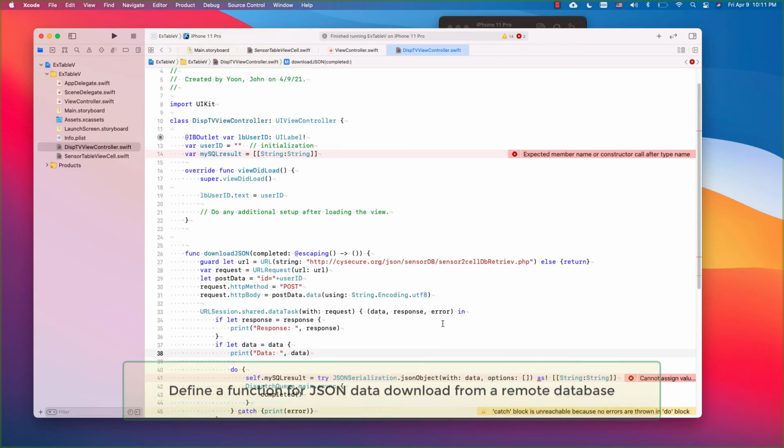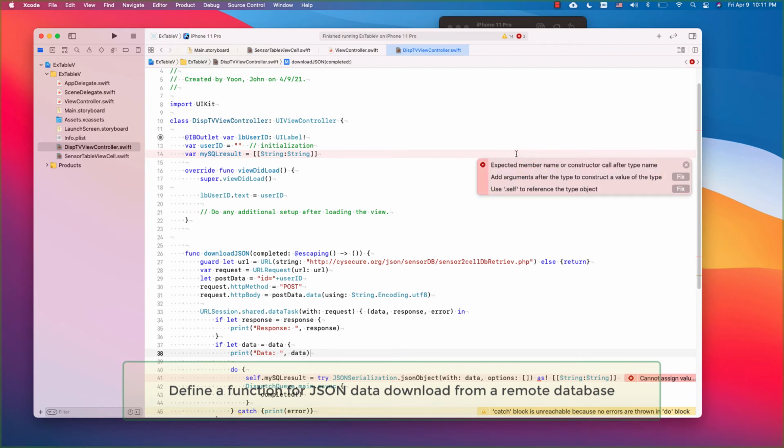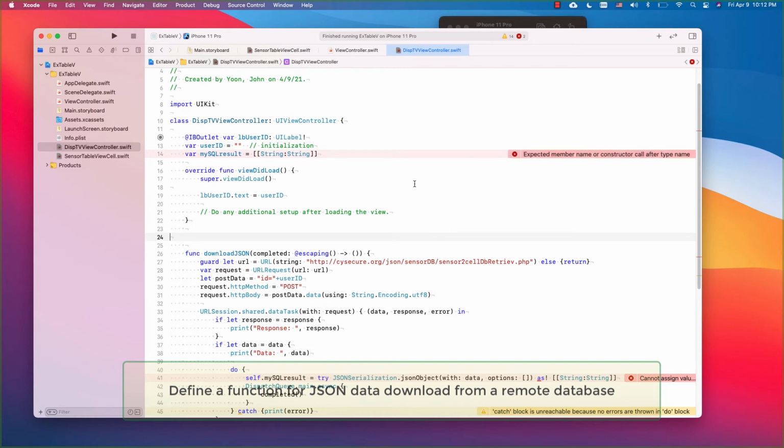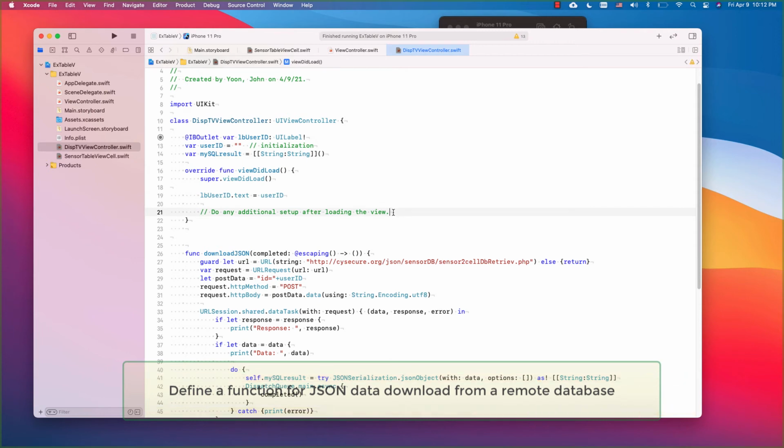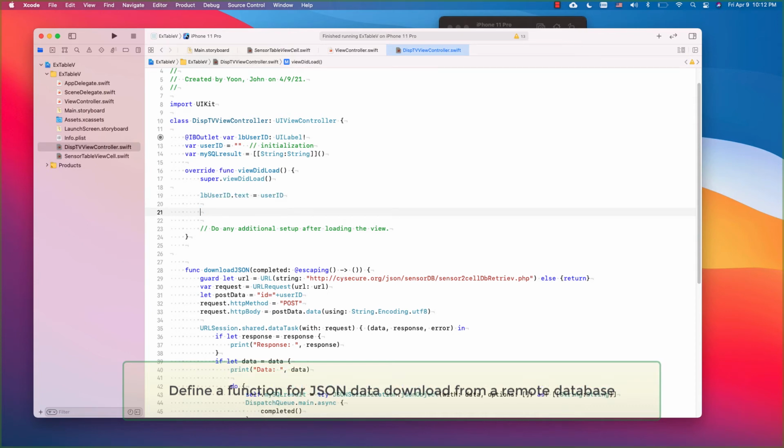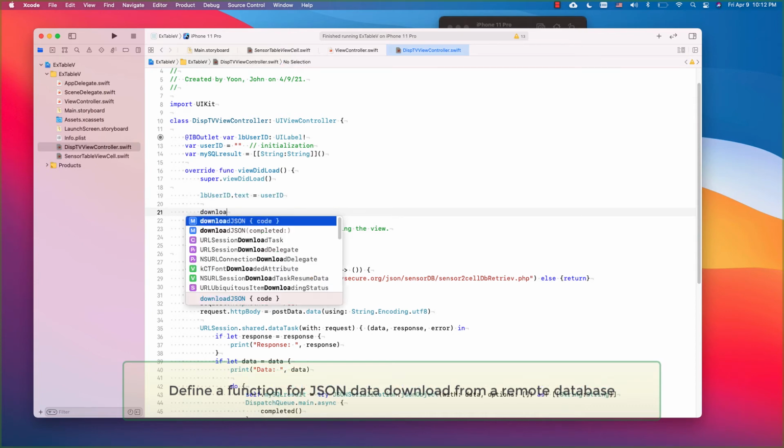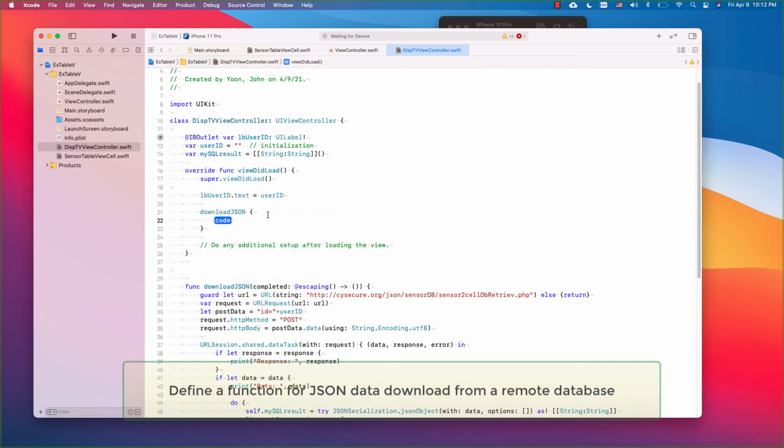Okay, let's forget about that for a while. See what happens here. So what is this? Oh, this. Yeah, we need to have it here, open and close. That, and we have that. And then we need to get the download JSON. Download the JSON. And in the code,